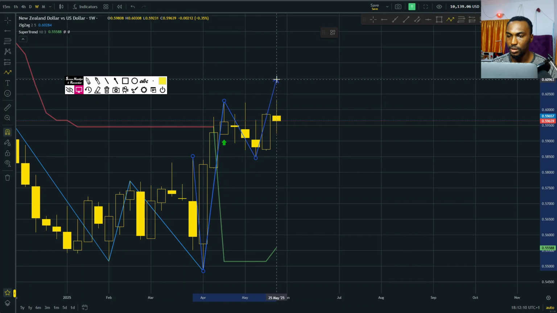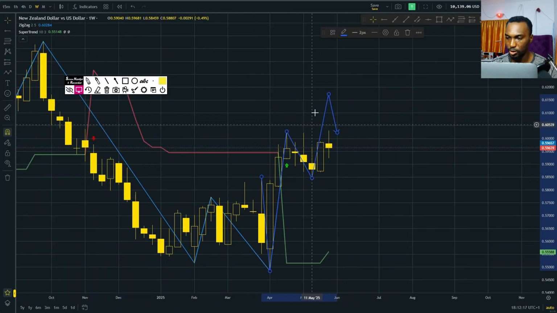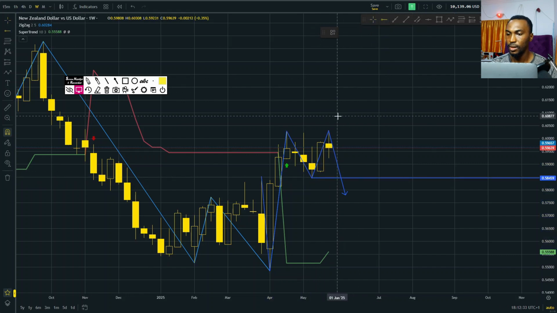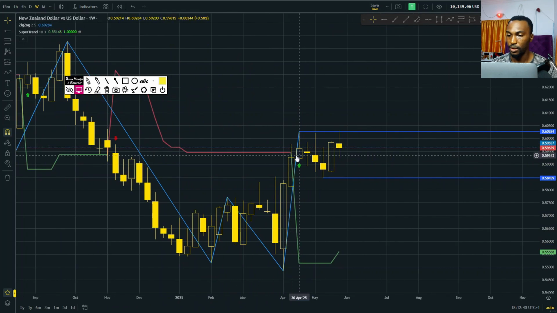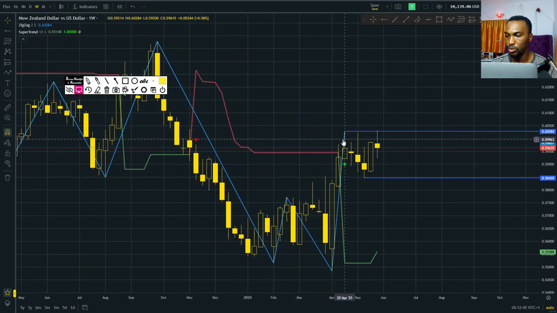So we're expecting the push to go above here if price is supposed to remain bullish, which is market structure, higher lows and higher highs. But the market is not going to remain bullish. What we expect to see is price finds its way into this area and then pushes below this low. So right now we're looking at this low and this high for direction in terms of fair value area. We're looking between these two zones.